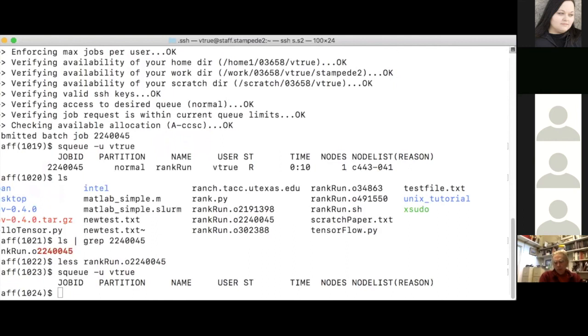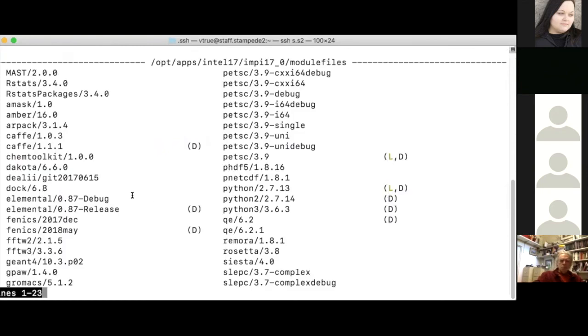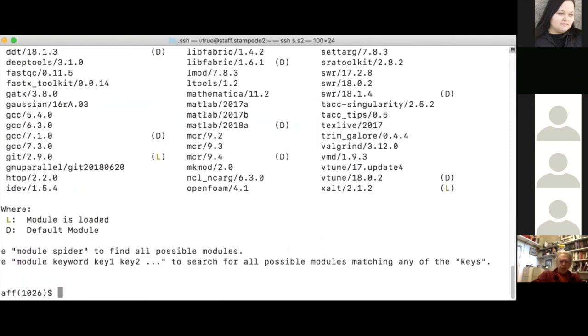Okay. So someone's asking about availability of MATLAB on the system. Let me generalize this a little bit. If we need some commonly used software or libraries, how do we see if they're available on the system and how do we load them in the environment? If you can show a demo. Sure. If you want to see everything, you can do module avail, and this will print out a very large list of stuff.